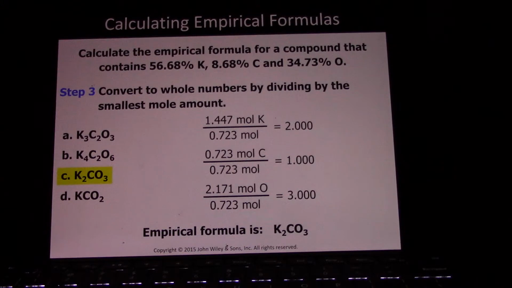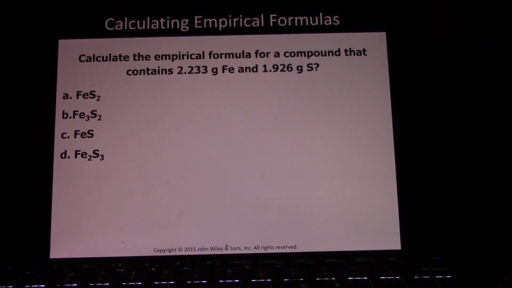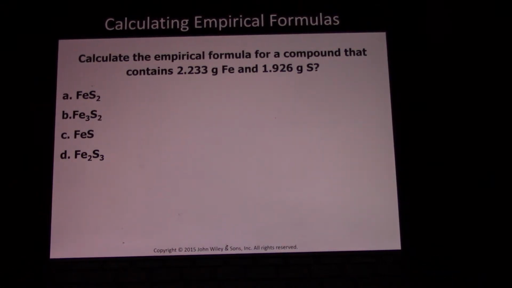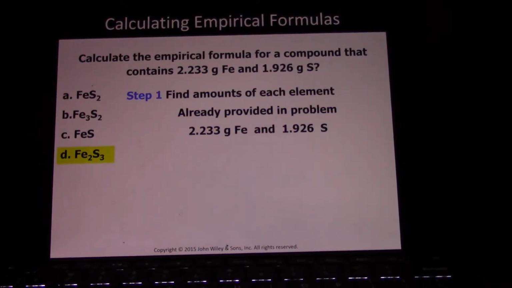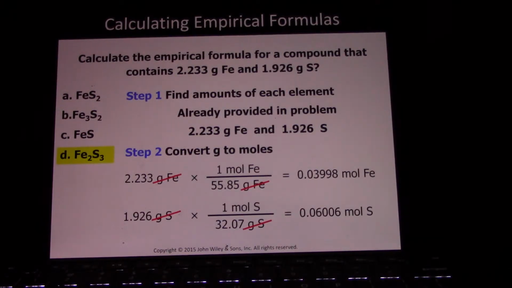And we're done. Next one's a good example because you're going to see what to do with fractions. So now they actually give us numbers. When they didn't give you a mass, you were free to choose your own. So that's why we used 100 grams. But in this case, we have to use the experimental evidence. 2.233 grams of iron, 1.926 grams of sulfur. So we convert directly from these grams into moles. We look up iron on the periodic table, 55.85 grams per mole. We look up sulfur on the periodic table, 32.07 grams per mole, giving us